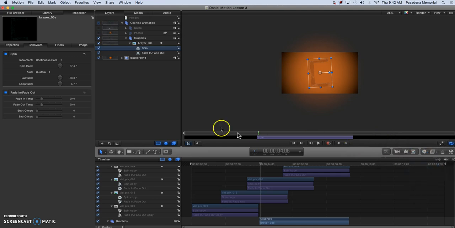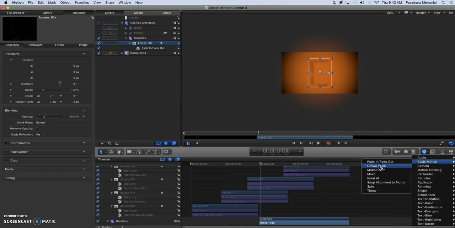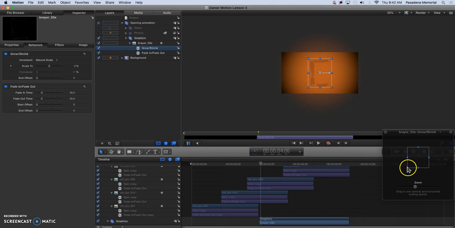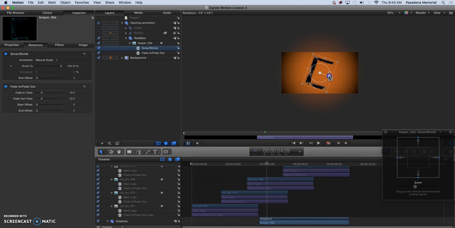Another thing that you could do, and it might be better on this one, is not the spin, but the grow shrink. So let's add grow shrink. And so in our HUD, we want this to grow out, and so you kind of see what it's doing, and then it'll fade out at the end. And we can change the angle maybe just a little bit to have it do that. Okay, so let's go ahead and save, Command S,